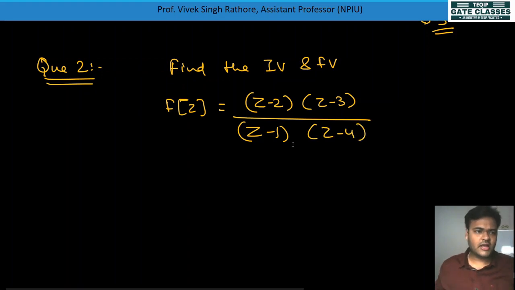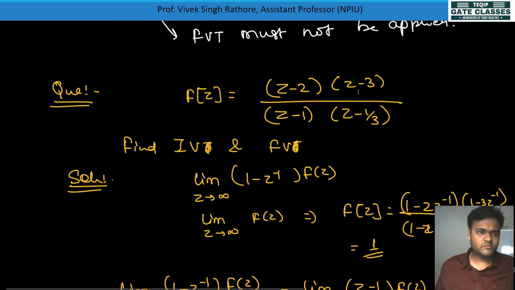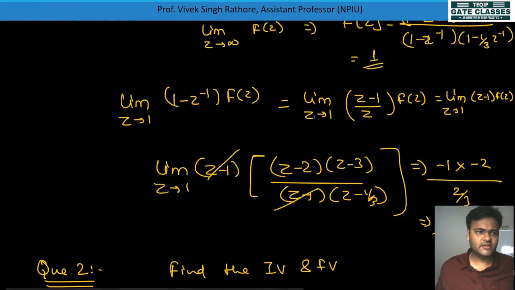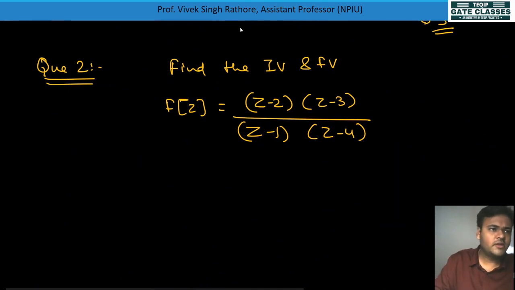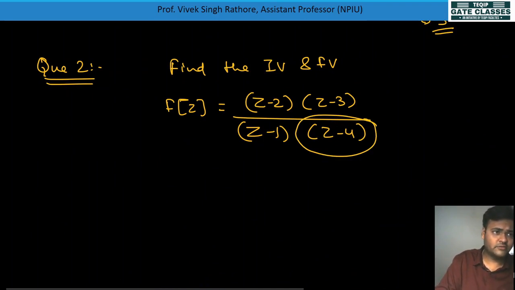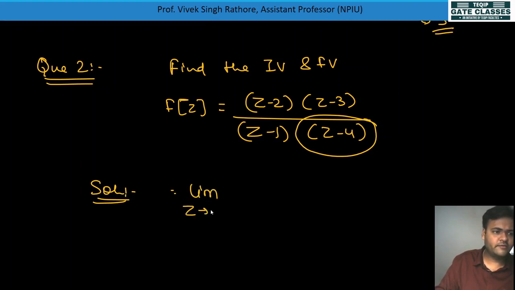See, the last expression we had z minus 2, z minus 3, z minus 1, but z minus 1 by 3 was there, and here z minus 4 is there. The only difference between the last question and this question is this value change. So we'll see whatever values are changing, and we'll solve the question. We'll see limit z tending to infinity,